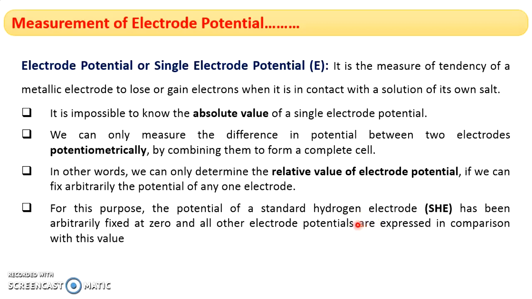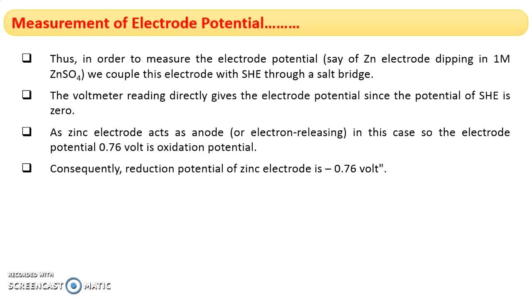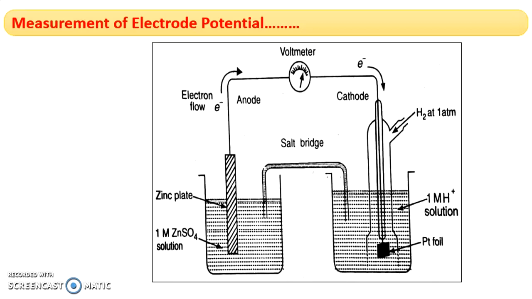Okay, so we can find out the electrode potential of the given electrode by connecting it to a reference electrode whose electrode potential is known to us. Now we will take an example, zinc electrode, and let us discuss how the electrode potential of zinc electrode is determined. You can see in the picture, this is the zinc plate or zinc rod dipped in zinc sulfate solution. So now we are going to find out the electrode potential of this zinc electrode.